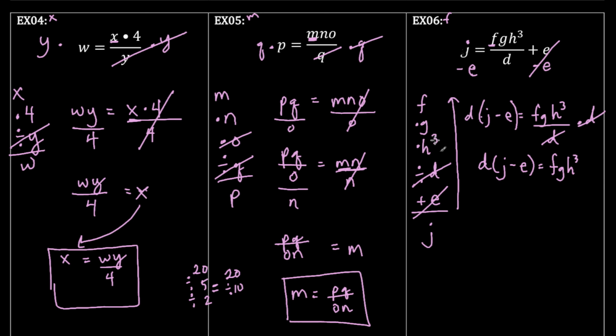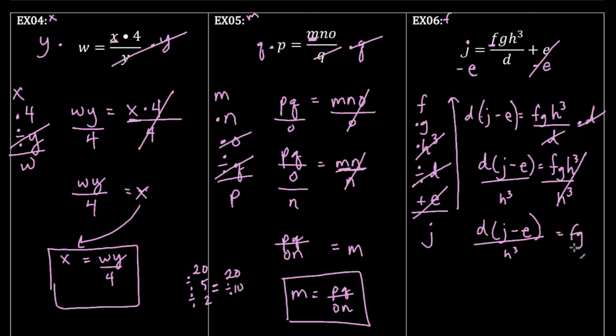So instead of times H to the third, or H cubed, we divide by H cubed. That becomes 1. So D times J minus E over H to the third